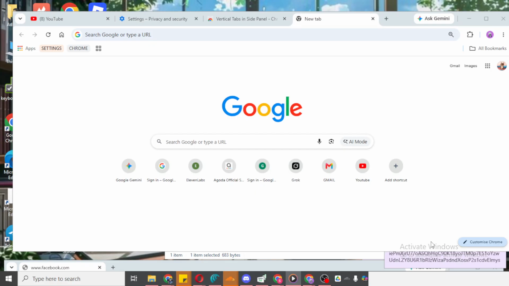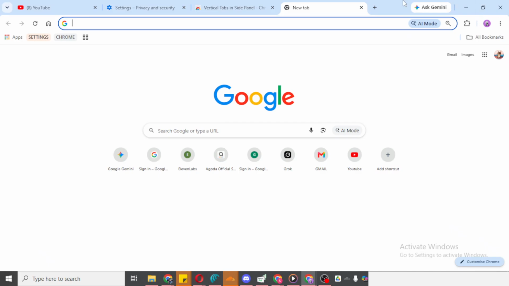At the top of the browser, you'll usually see the Minimize button, the Restore or Maximize button, and the Close button. If Chrome is not already taking up the full available space on your desktop, click the Maximize button. This will enlarge the browser window so it fills your screen as a normal maximized window. This is helpful because some people confuse a maximized window with true full screen mode, but they are slightly different.